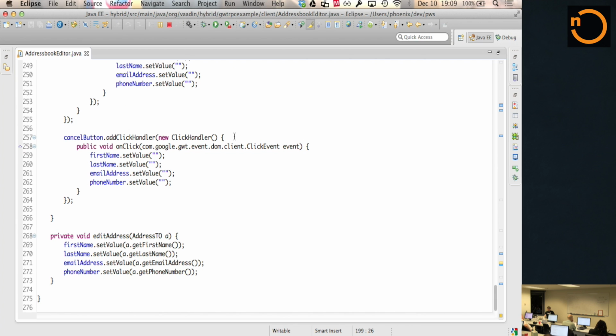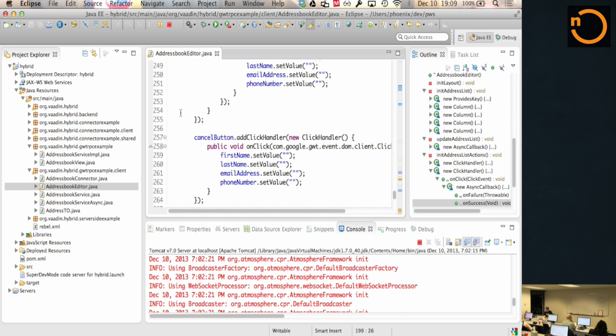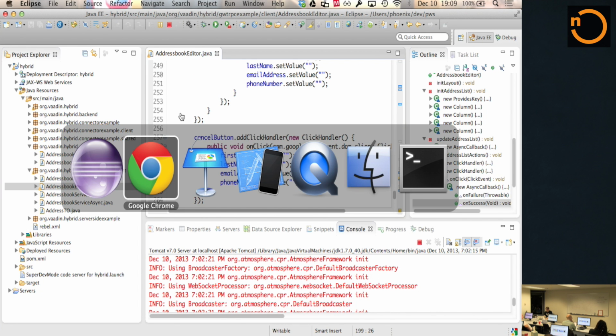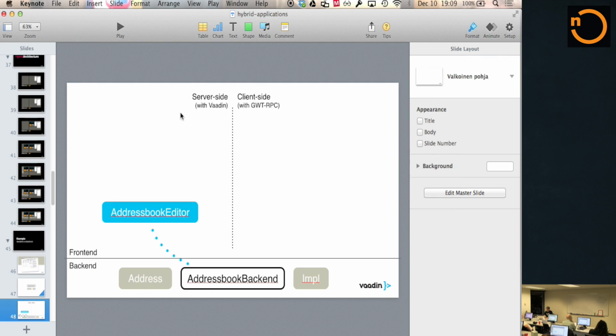The server-side version was 190 lines, and this is 270 lines, but I didn't put all the finishing touches over here, so I guess it should be more like 350 lines or so if I would complete it fully. So that's the UI part, but the thing is that